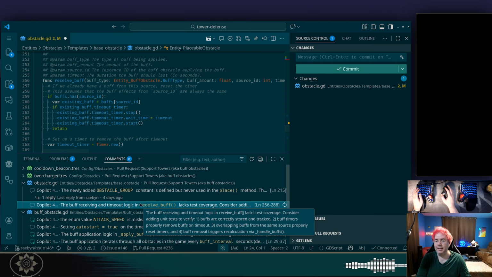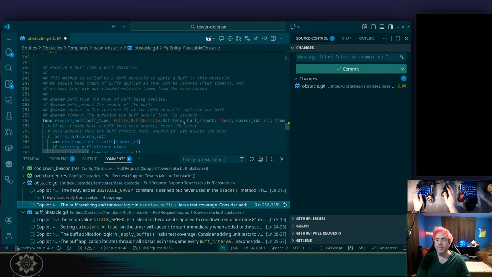Then we have a comment here. The buff receiving a timeout logic lacks test coverage. Okay, it's not that I don't care about test coverage. It's that I feel like it's maybe still a little too early. We should get to a point in the future where a lot of the foundational scripts will have solidified, like how they interact with each other. Some of that's already happened, but I think